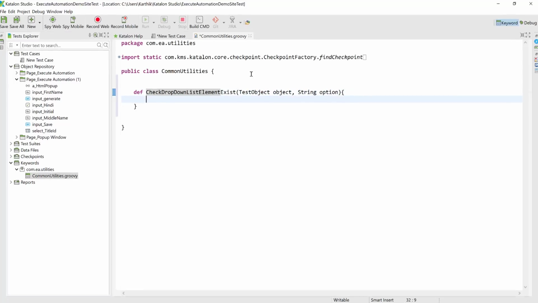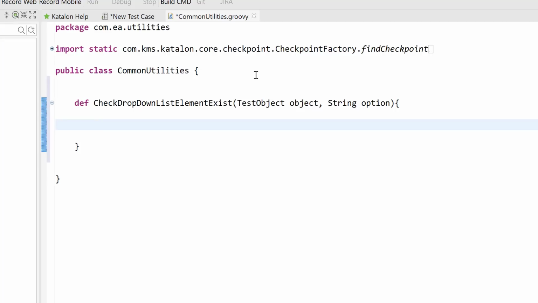So these are the 2 options that I actually require, and then I'm going to work with first getting the particular element, and then iterate through the element and get the text and verify that the particular option actually exists or not, right? So in order to do that, I'm first of all going to create a Boolean flag which is going to be a false type,